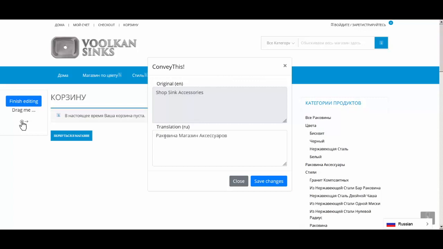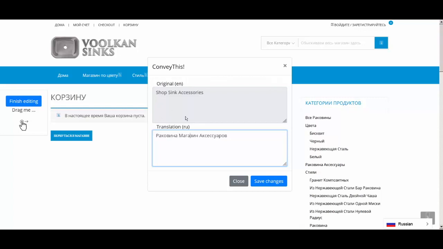So to do some changes, let's do some test examples. So in the original English, we have shop sync accessories. In translation, it says раковина магазин аксессуаров, which is obviously not the correct translation of the original phrase, and therefore